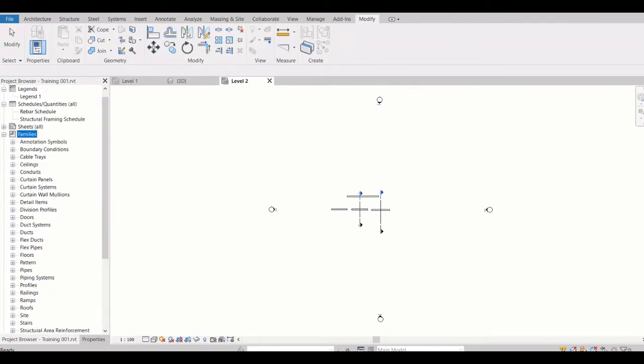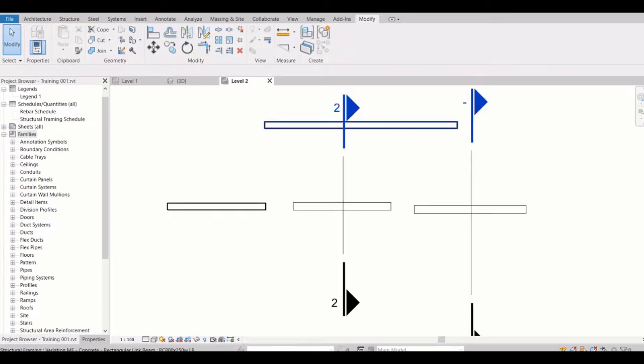Right. In Revit there are two types of family. One is user based family, another is system family. So like any beam or column, we can create as per our requirement, but like a wall, we can edit and customize it, but we cannot create a new wall type family.